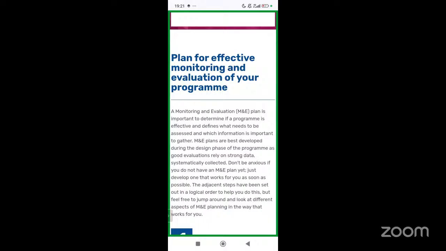When the program is not implemented according to what is supposed to be done, the evaluation will show that the impact is not there. Let me give an instance. In most NGO spaces, they focus more on attendance. If you go for programs, you come and write attendance, because they understand that attendance can be falsified. Some people will not come, yet they will write attendance. I give an instance: it was a program I attended in Lagos. We attended the program for 2 days, and the guy told us to sign for 3 days of attendance. They only paid us transport allowance for 2 days.